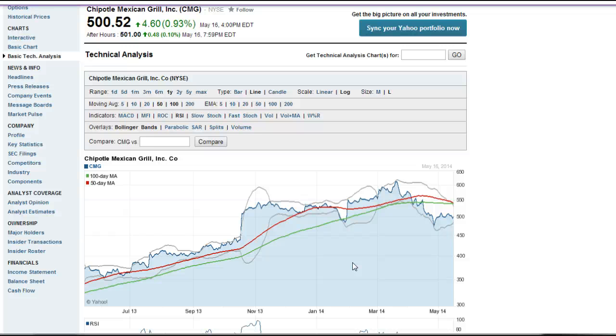And I would say that if there is a market correction in the summer, a 10 or 20% stock market correction or some sort of panic, this stock could easily fall back down to 400, maybe even 350. And I would certainly consider adding to my portfolio at that level. But right now, it's sort of a wait and see for me. I would really like to see what's going to happen next,